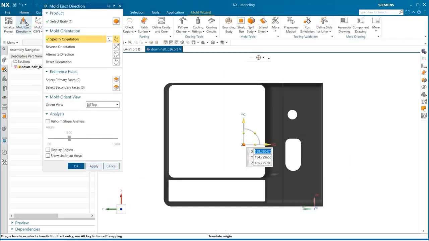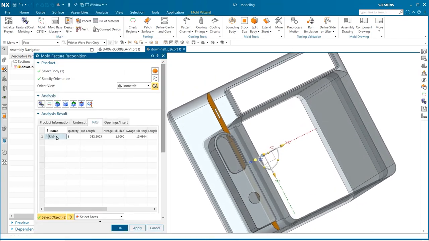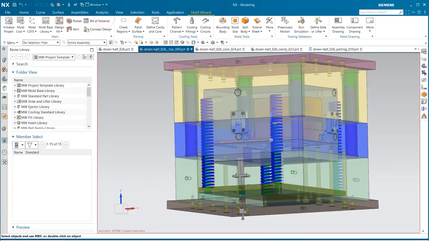In today's video, we'll show you how the June 2023 release of NX has made NX Mold Wizard even better. There's a range of new features and enhancements that will help molded part manufacturers automate and accelerate the mold design process. Mold Wizard is an NX add-on module that gives you a complete working environment for designing molds for injection